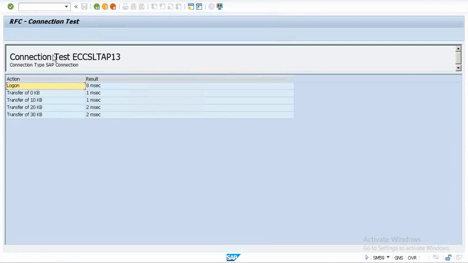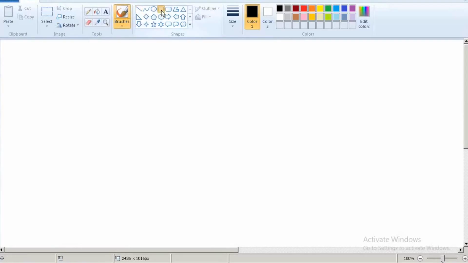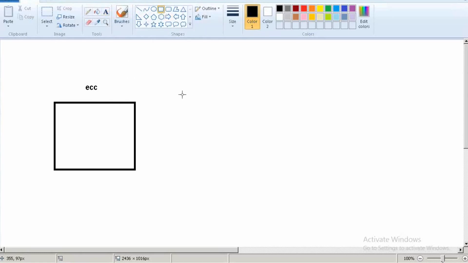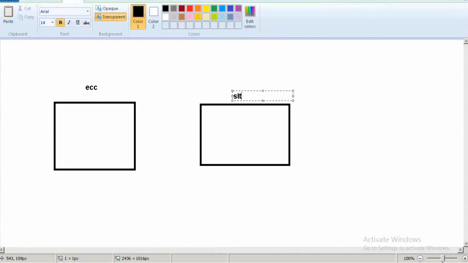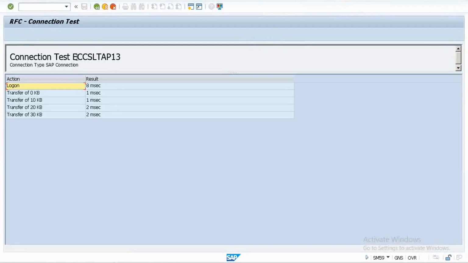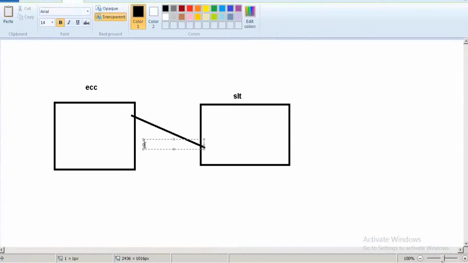Once the connection is successful, the source is ECC. So we created an RFC connection between ECC and SLT. What is the name of the connection? ECC SLT AP13. This is the name. Once we create this RFC connection,